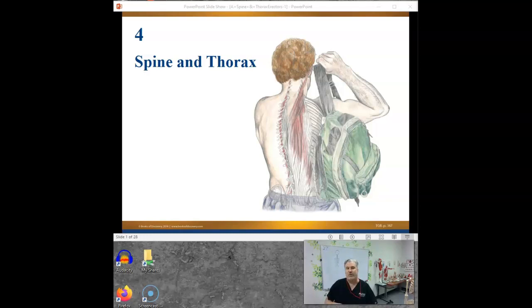The other thing is origins and insertions become very confusing on spinal erectors, right? Because honestly, if I do a back bend, is my head getting closer to my butt or is my butt getting closer to my head? It really depends on how I'm doing my back bend. And so I don't even like talking about it like that. I like talking about it as attachments. The fact is there's stuff hooked here and there's stuff hooked here, and when they contract, they get closer together. So we will try to avoid terms like origin and insertion when it comes to these spinal erectors